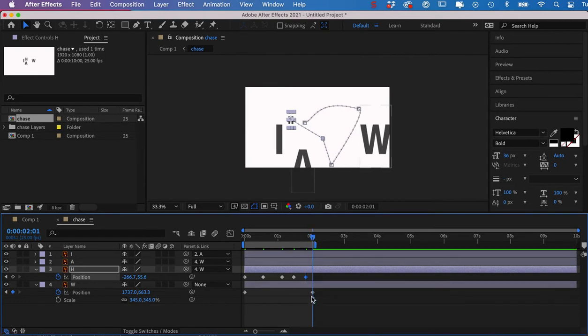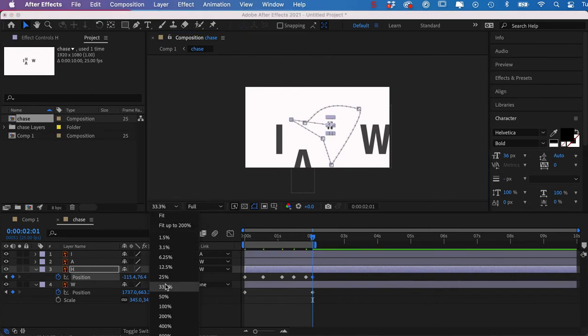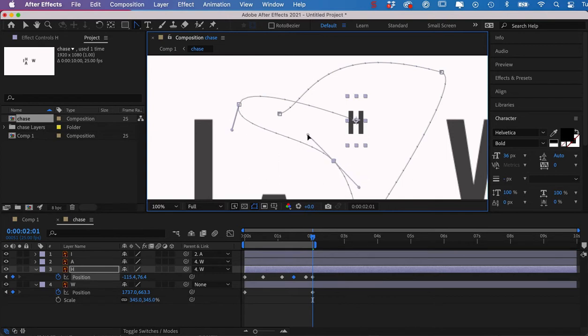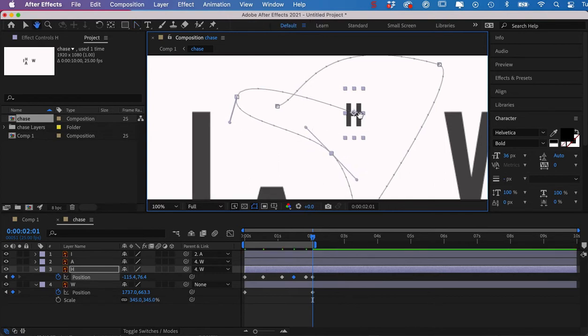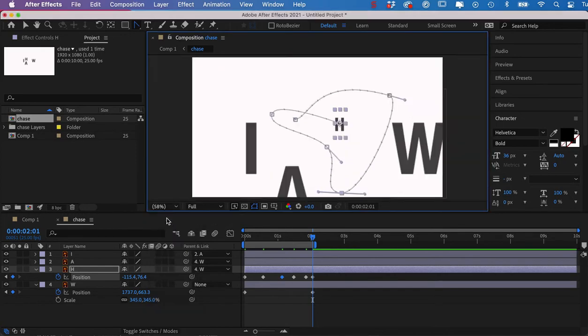Shift will snap to the other keyframe, and I'm just going to go in and have a look a little bit closer, so I can come in here and get the convert tool. I'm just going to drag some handles out. Some of these have become corner pointers, and I want the curves to be a little bit smoother. Put it back in the window,